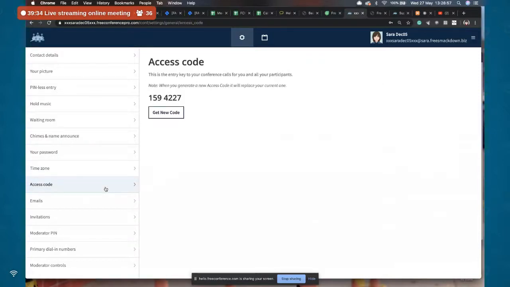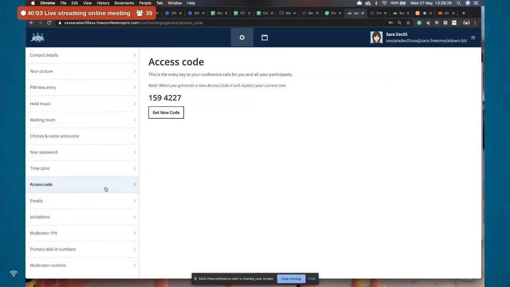You can change your access code here. Note it just generates an automatic code. I know some of you might have a custom code. Reach out to customer support and we can see what we can do. If you need your code changed to something specific, we can't promise every code is possible, but we might be able to customize that for you. But if you use this option here, it will just automatically generate a new code.